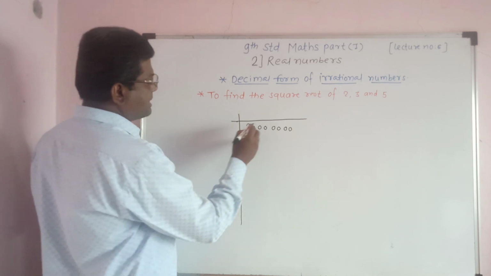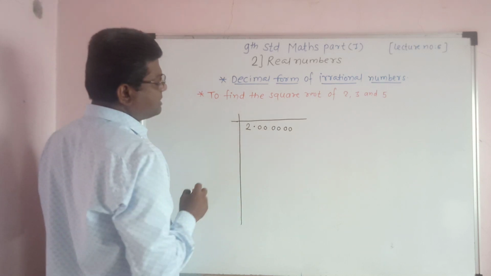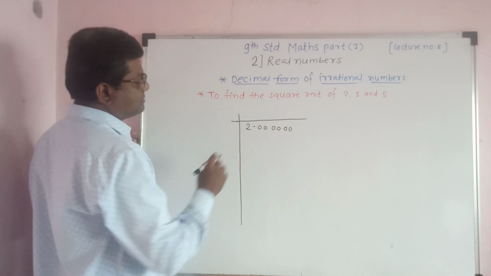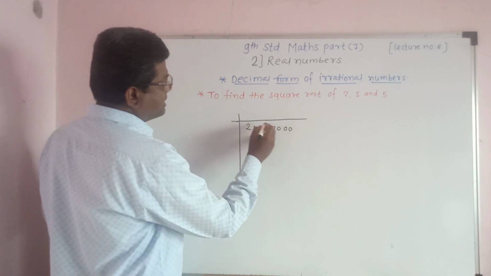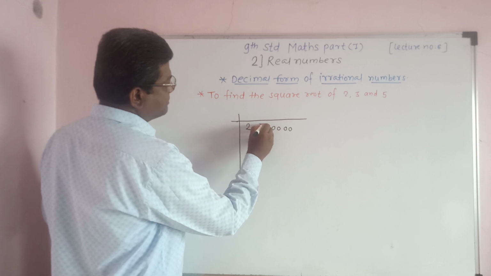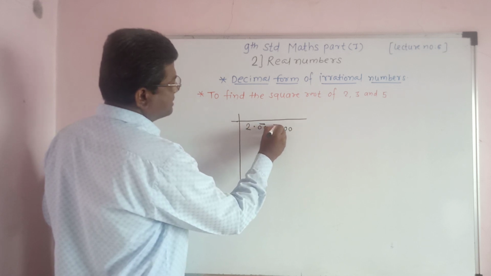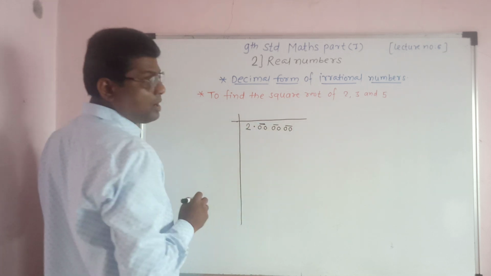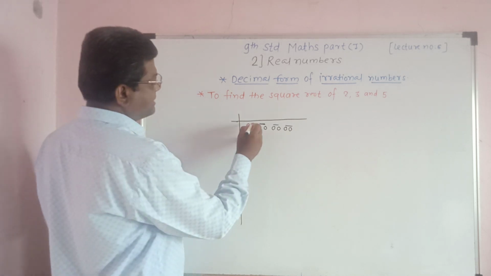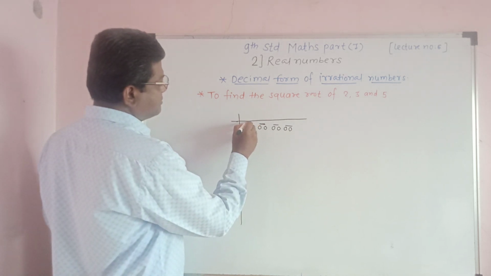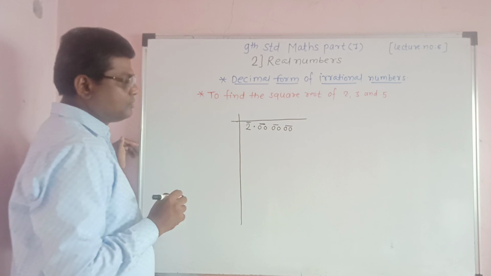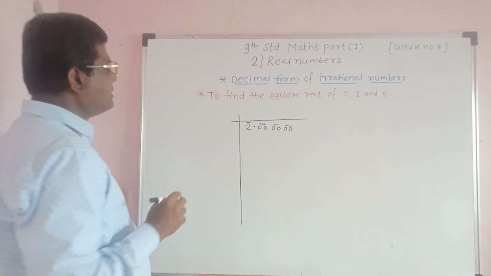Grouping of numbers can be done on both sides of a decimal point. From the decimal point to the right side, make groups of 2 zeros, here also 2 zeros. On the left side of the decimal, make a group of this 2. Now the next step is,